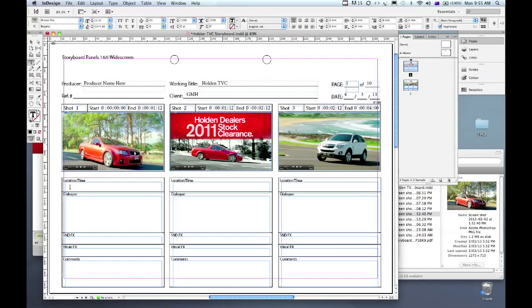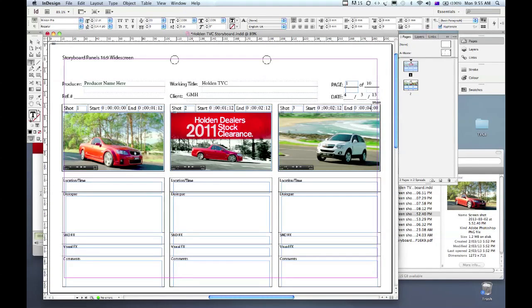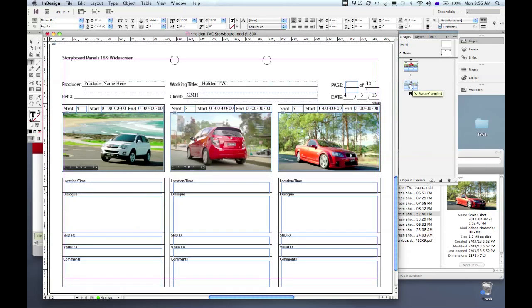You'd fill in things like location, outdoors, on the road perhaps. That might say that. On the road. Sound effects, there might have been some music, so you just note that there's music going on there. If there's any visual effects, you'd write about that. If there's any comments that you think are worth making, you could put them down there. Once you did page 2, you could make a copy of that and go to page 3